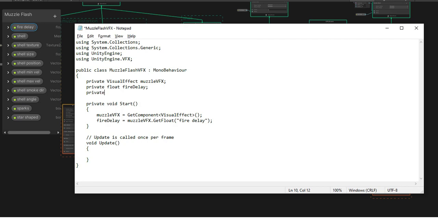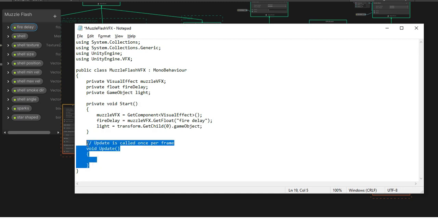And then we need a reference to the light sources, so a GameObject, let's call it light, and the light game object was the first child of this game object, so transform.GetChild, the first index .gameObject. And then we can create a coroutine that will toggle it on and off. So private IEnumerator, let's call it Fire, and we're going to start it from our Start method. So StartCoroutine